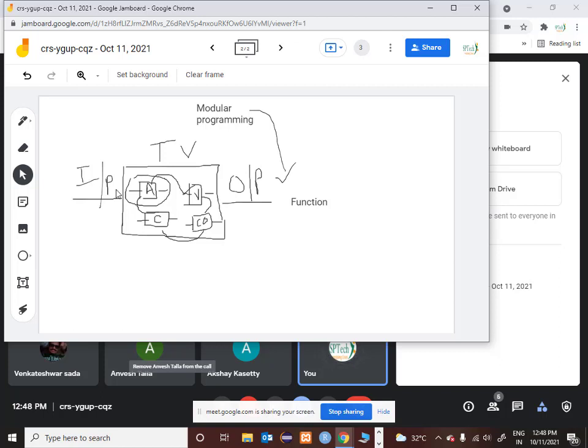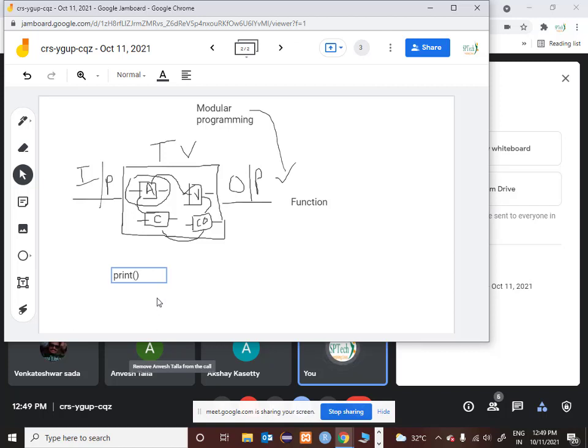Now you have already seen functions so far in Python. You have used them. I'll give you an example. You have used a print function, correct? Any function will have a name of the function, an open bracket and a close bracket. What is the function of a print function? It is used to print. Was the print function used to accept anything from the user? No. To accept the details from the user, you had an input function. Input function functionality was to accept the data. Print function's functionality was to print the data.